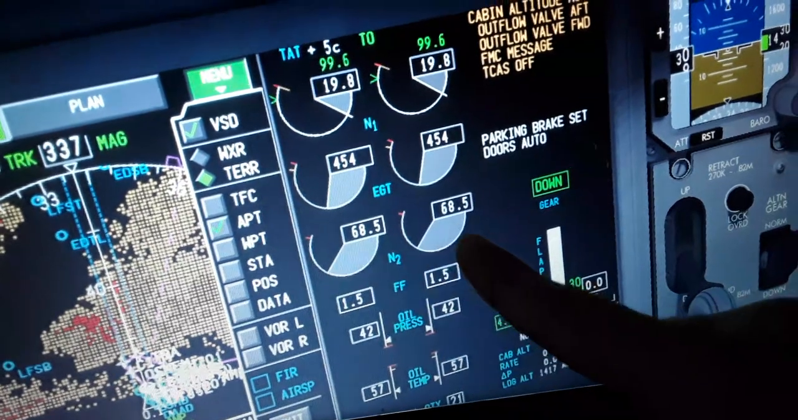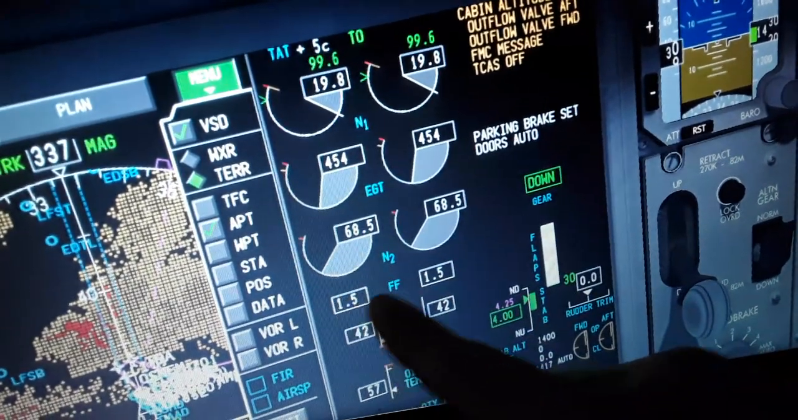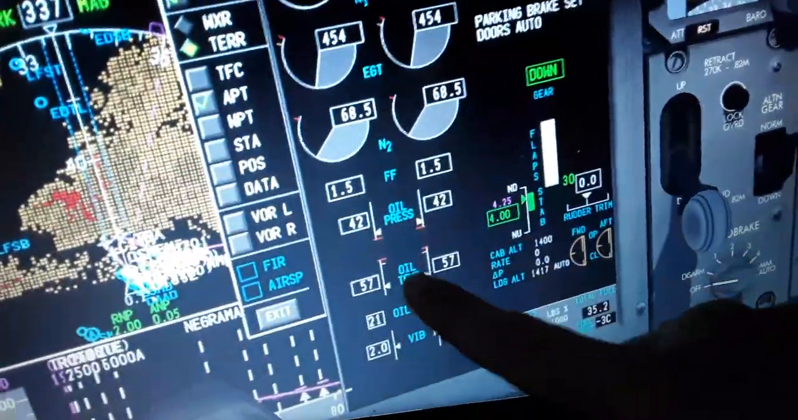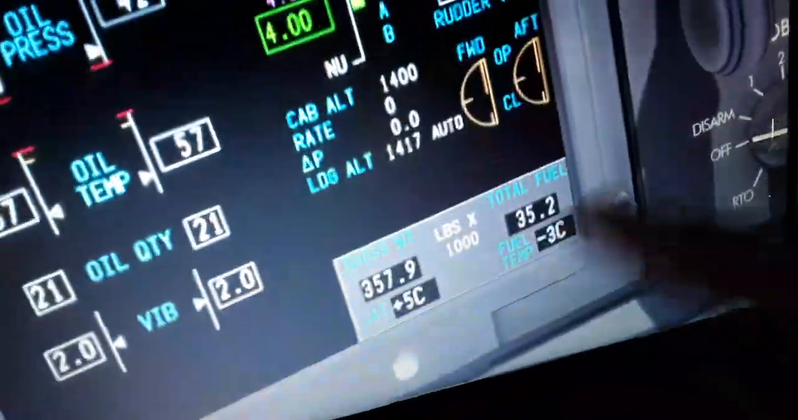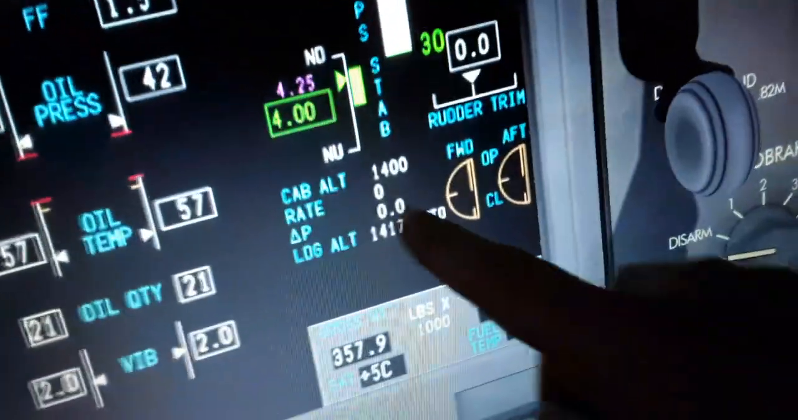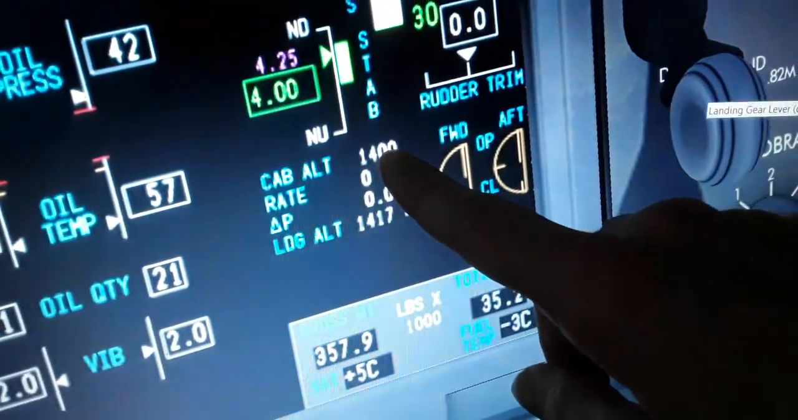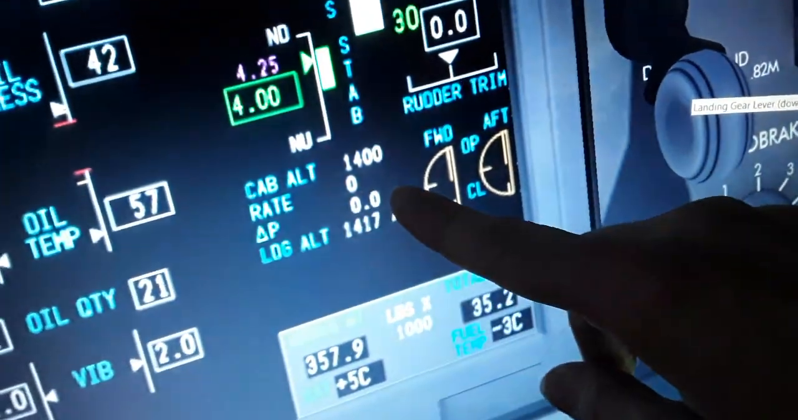The N2, which is the high speed spool, the high pressure compressor and turbine of the turbofan engine, the left and right fuel flow per engine per 1000 kilograms or pounds, oil pressure, oil temperature, oil quantity, and the vibration of the two stages of the engine, gross weight for takeoff, and the outflow valves, the cabin pressurization, cabin altitude right now is 1400, rate of climb or descent, differential pressure is going to be 7.8 to 8 psi, the flaps